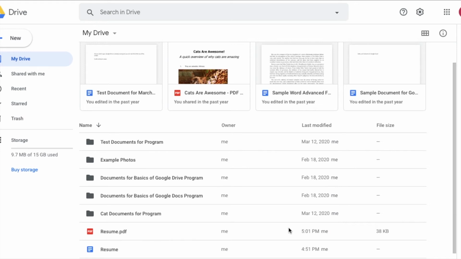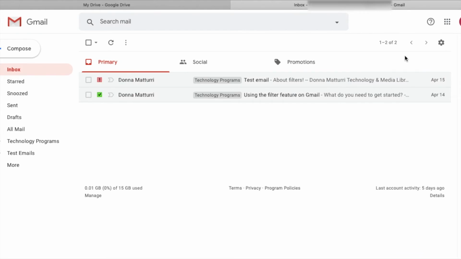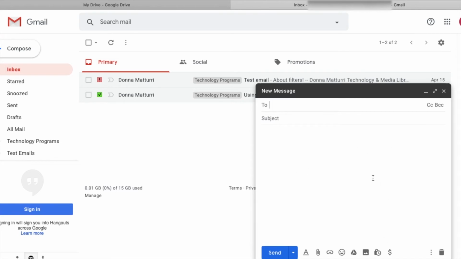And so for this part of the video, I am going to switch over to Gmail for the account that we've created. So we're going to go ahead and open that up, and then we will create a new email to demonstrate how you can attach. So once you've got your compose screen up, normally if you attach a file, you'd click